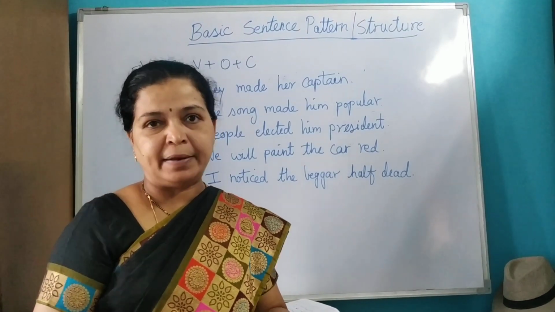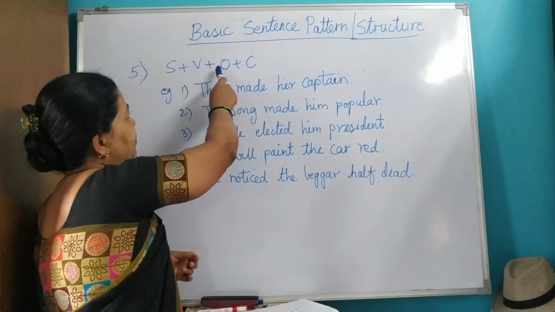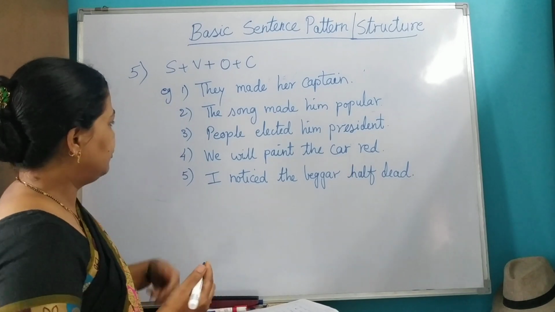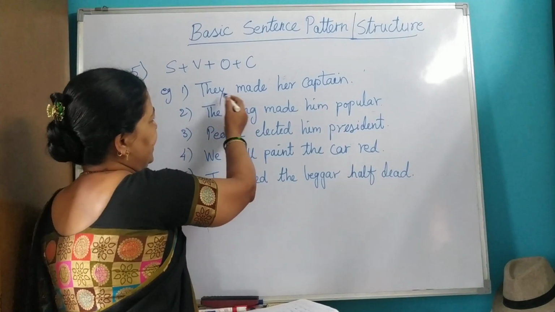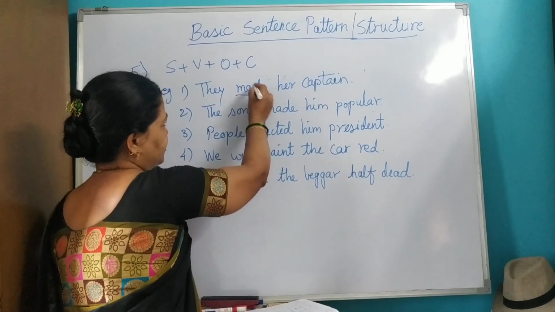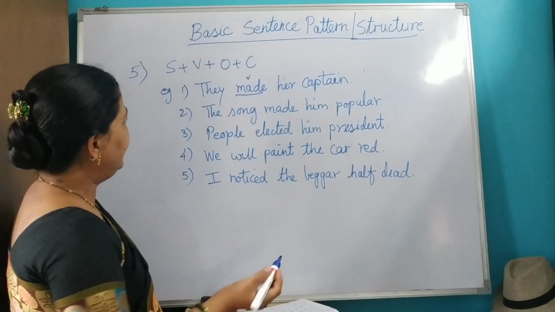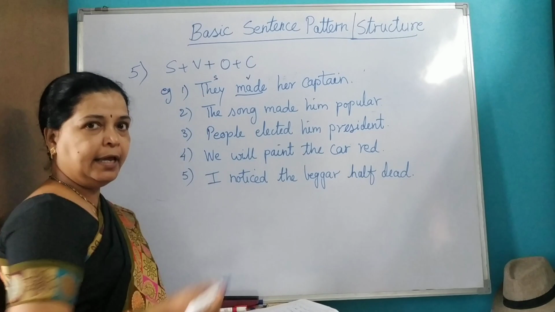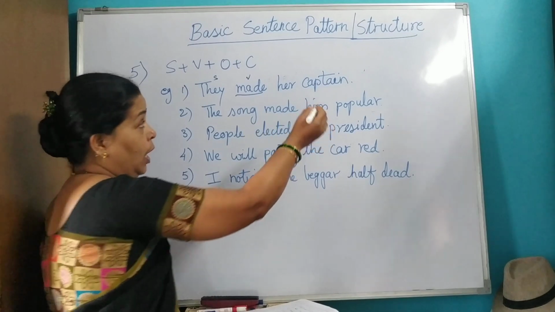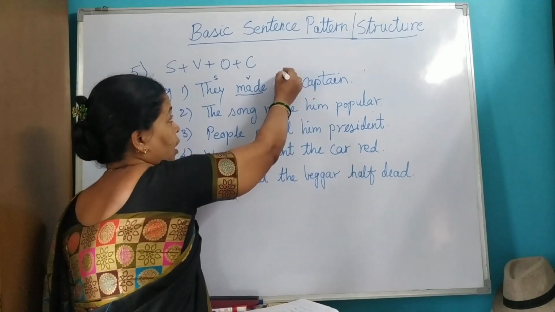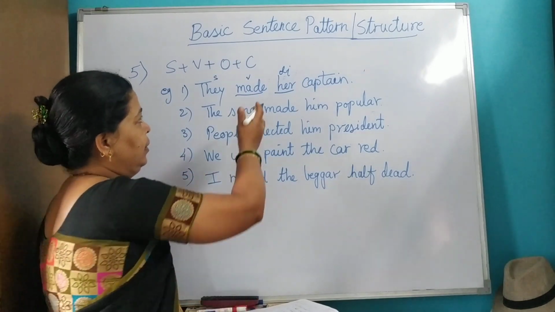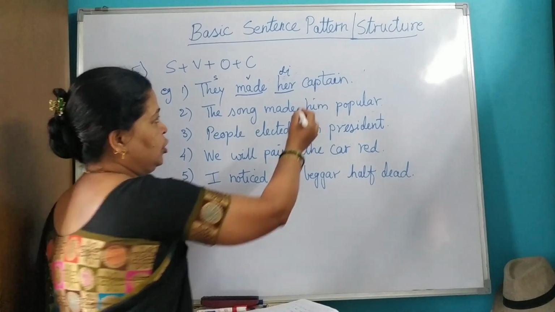Now let's see the last pattern. Subject plus verb plus object plus complement. Okay, just look at the following sentences. First one, they made her captain. Let's pick out the verb. Made is the verb. Who made? They. They becomes your subject. Made whom? Her. So her is object. And made her what? Captain. So this word captain